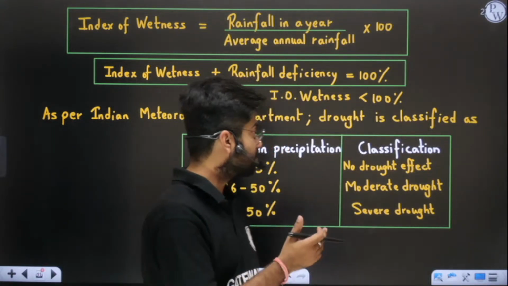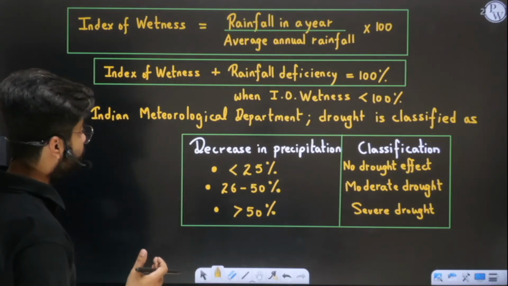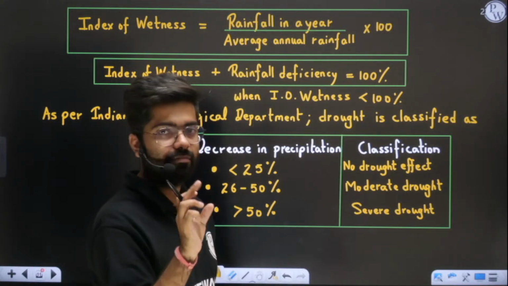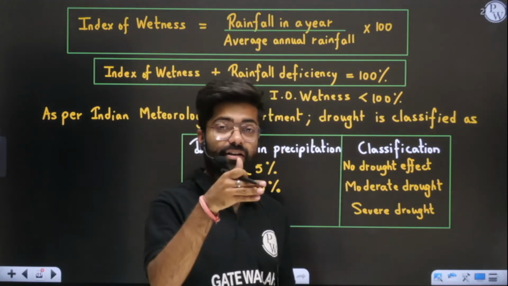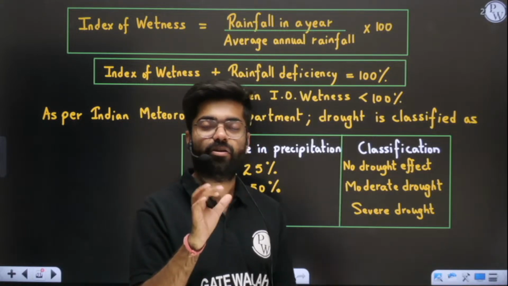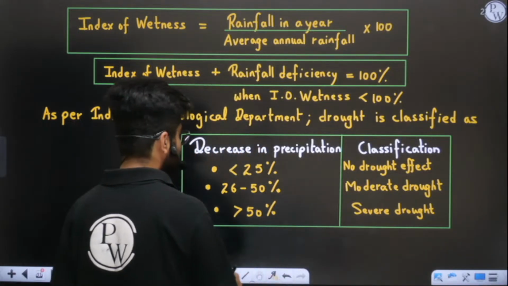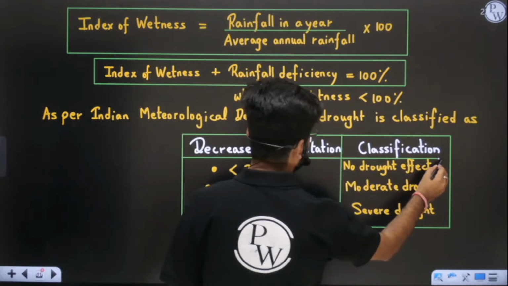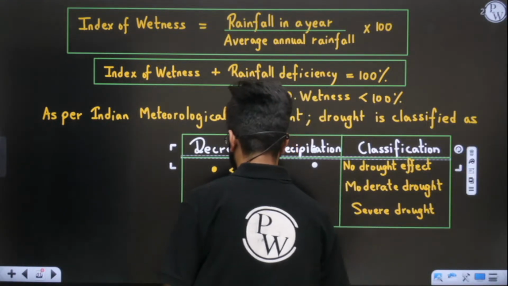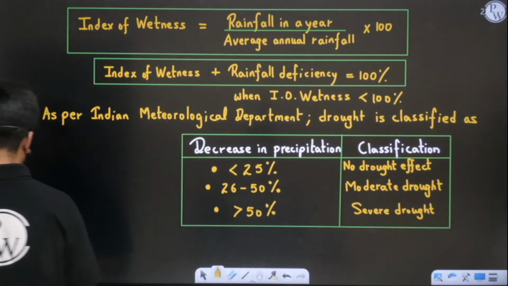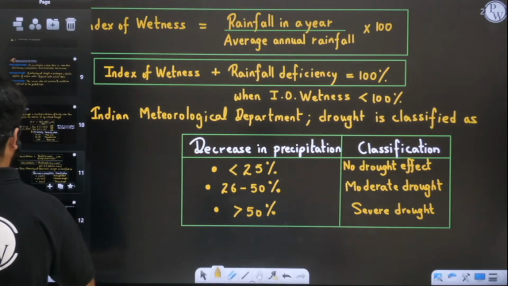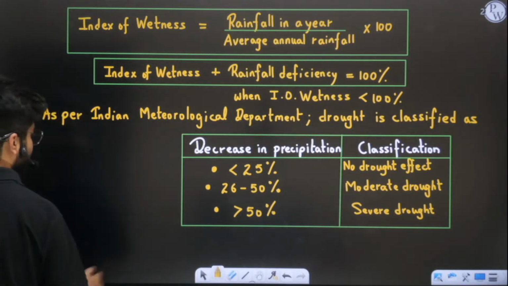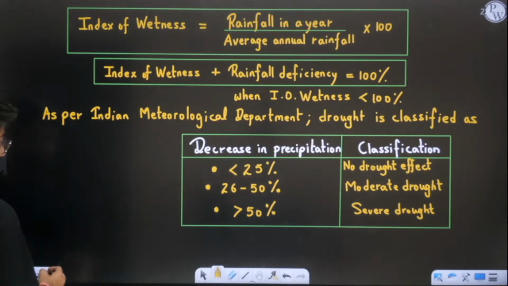So obviously this percentage, or your probability of occurrence of drought, will vary from location to location. Based on the probability of whether drought will occur here or not, we have classified areas into two parts. This is a little bit theoretical, but no worries. So if drought occurs in an area,